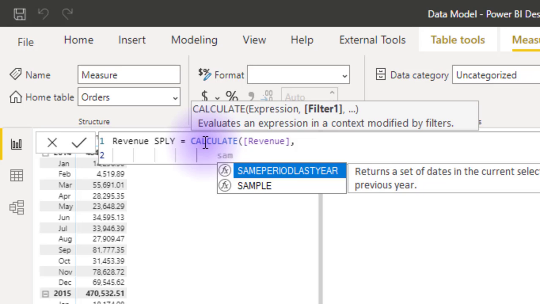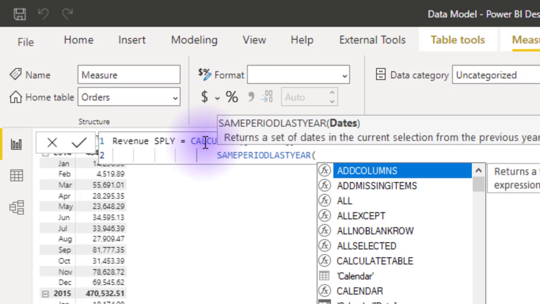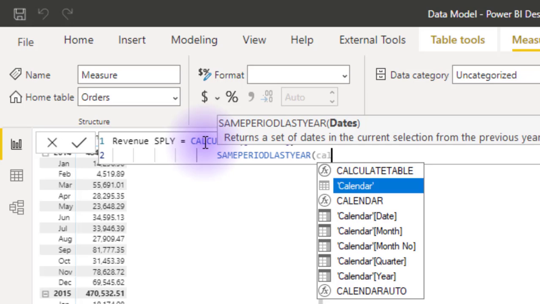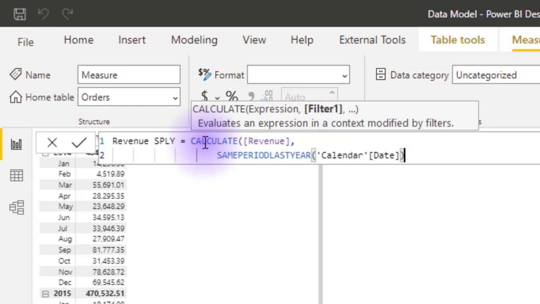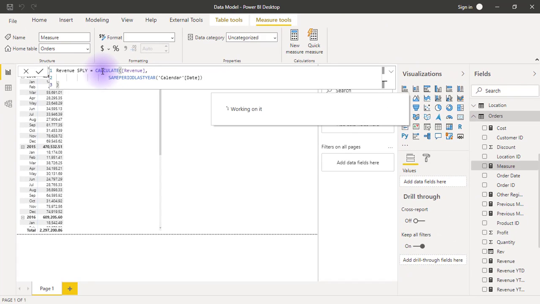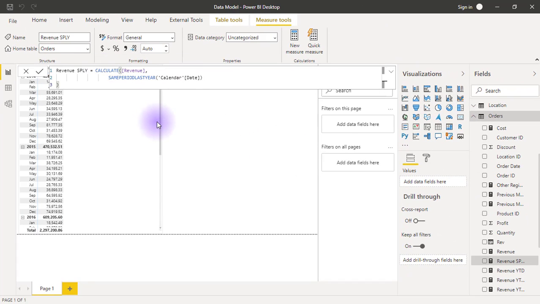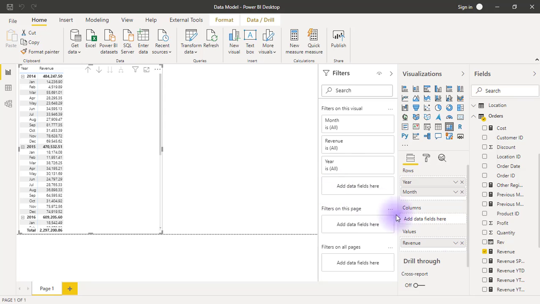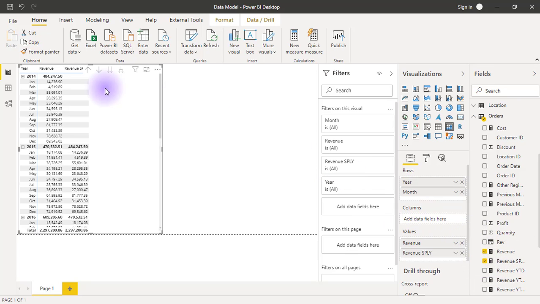So SAMEPERIODLASTYEAR is the function that would take me back to the same selected period but for a previous year, and it has only a single argument for date. My date is in my calendar table, so calendar dates, close and close, hit enter. So when I add that to this report, I want to add revenue SPLY,